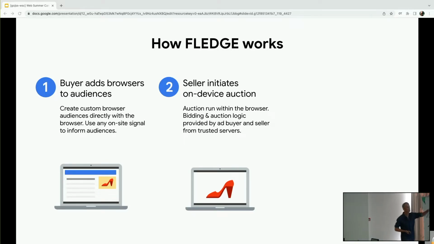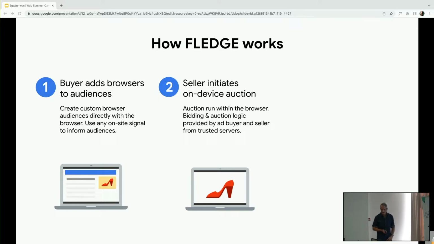Fledge enables that to be done on the user's device. There's discussion about where that can happen and what the most secure and most performant way to do that is, but there is this opportunity to do that on the user's device, rather than this third-party chain I talked about, where we have no real sense of where that auction is happening or who's sharing the data.